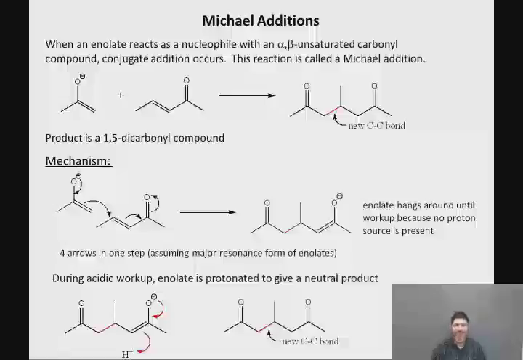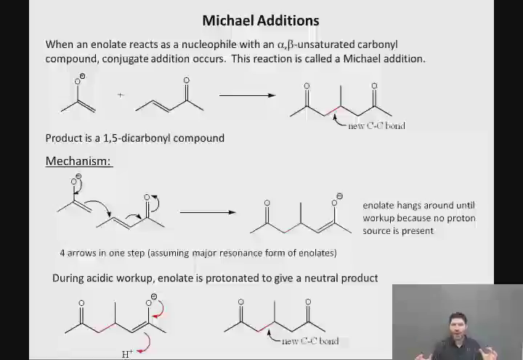And again, the way we draw it from this resonance structure is we just have the minus charge on the oxygen coming down to form the C=O pi bond, and then finally the electrons that were in the C=C pi bond forming the new C-H sigma bond to the alpha carbon. Okay, so that's a Michael addition, the addition of an enolate, and this is the third example of a carbonyl condensation reaction. So the aldol, Claisen, and Michael are the big 3 of carbonyl condensation reactions